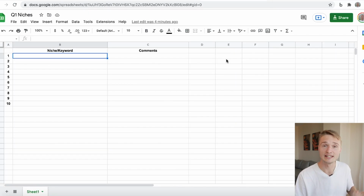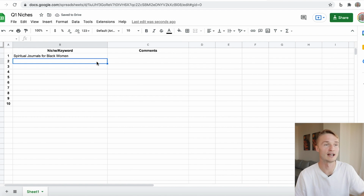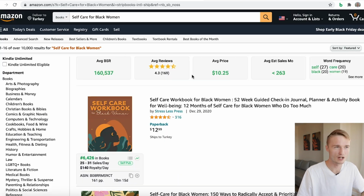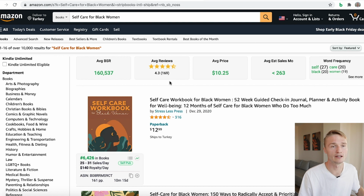But still, we can definitely put this niche into our list right here. I would describe it as spiritual journals for Black women. Comments, I don't think we have to enter much there, I already touched on everything. All right, so just to have a little deeper look into this niche, in case some of you are interested in it, to see what's going on regarding demand and